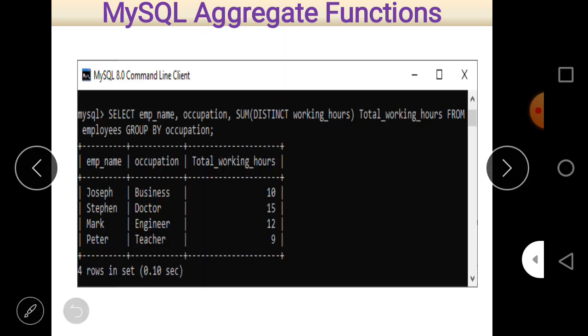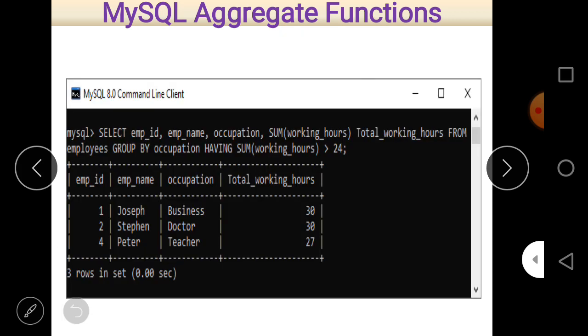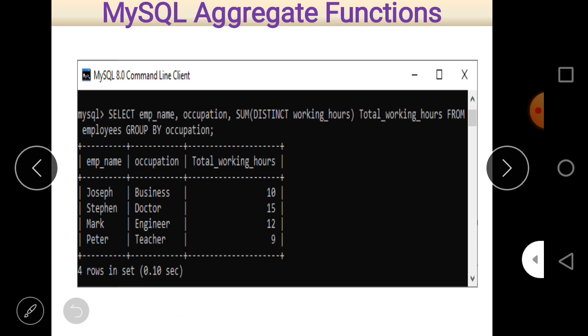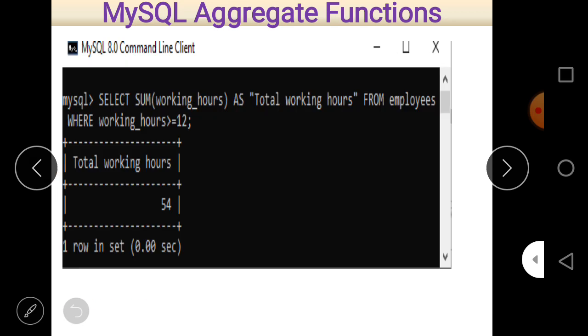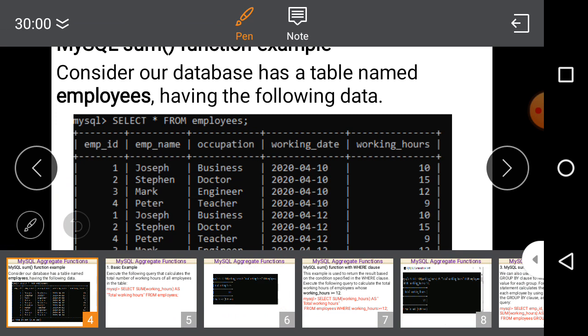Now let us see the output again. So you can see here, the duplicate rows are removed, and it actually sums the records here, and the sum is a little different from the previous one. In the previous example, the sum is 30 because Joseph, I think, appeared 3 times. Let us see the original database.